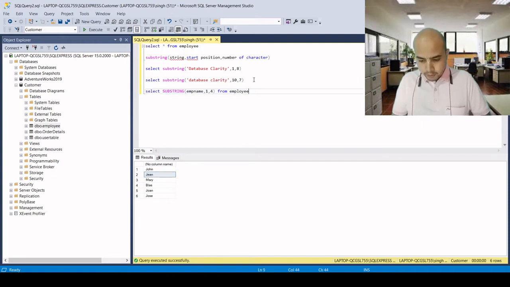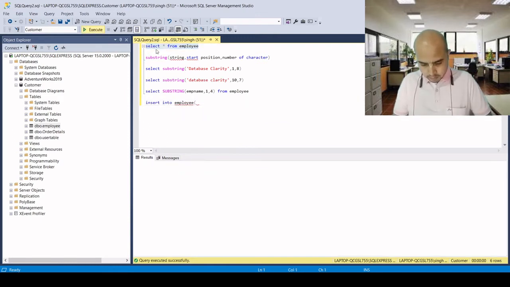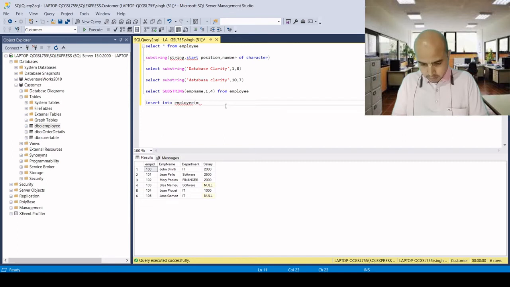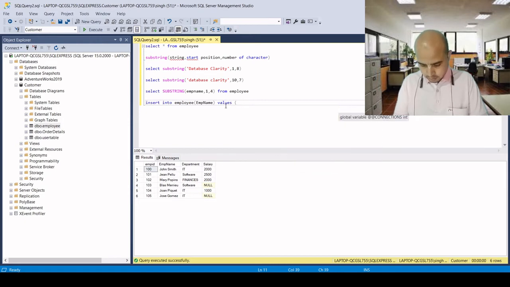Let's say I insert one more record in the employee table. Insert into employee, employee name only, values, let's say Naval Singh.